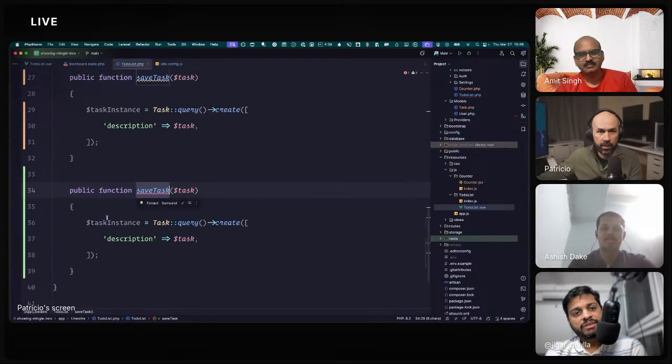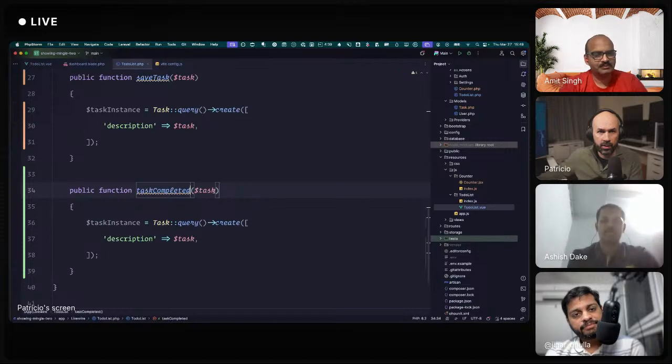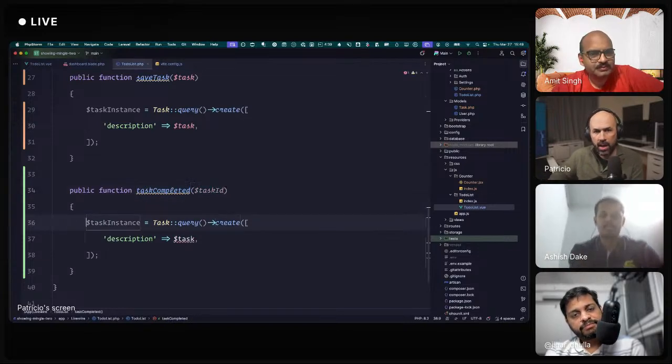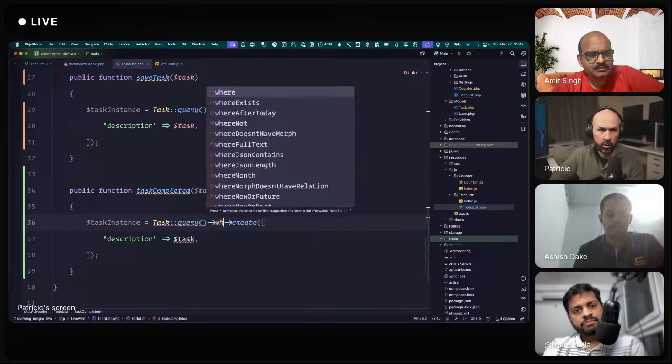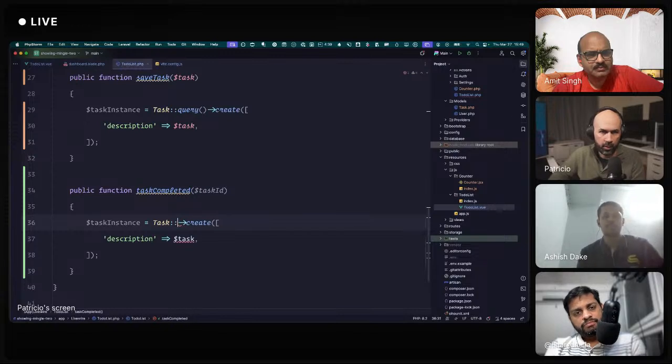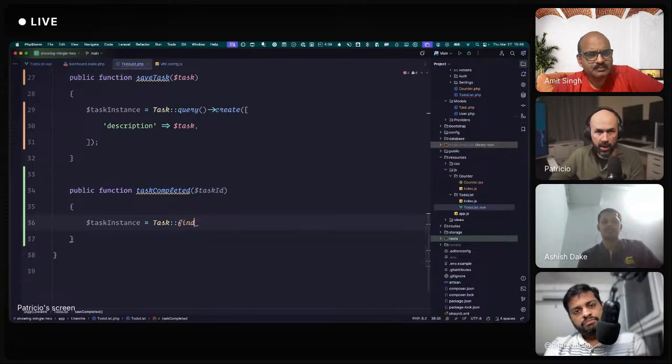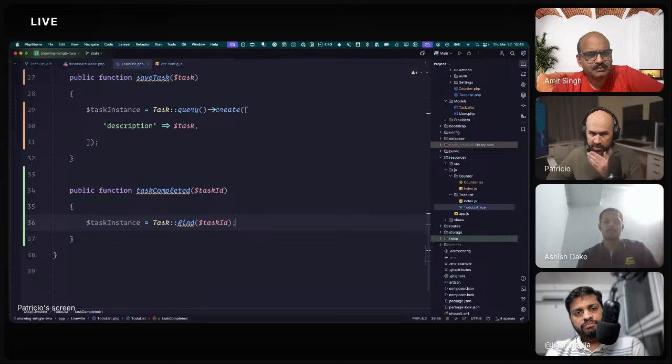Okay. Yes. So it will be completed task. This is task ID. We can update where, right? Where, or we can find it, just to do it in one query or two, but okay. Let's do it more elegant, more ORM style.